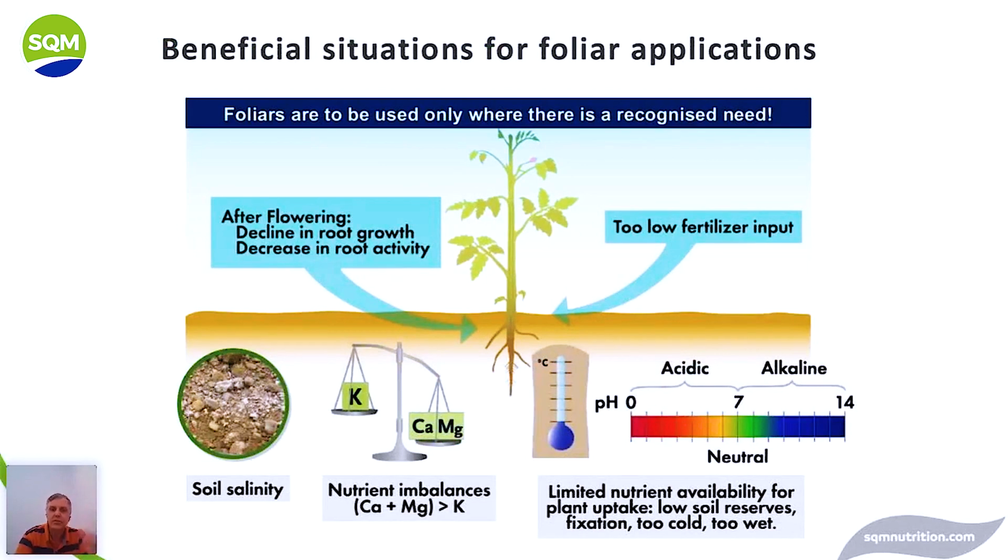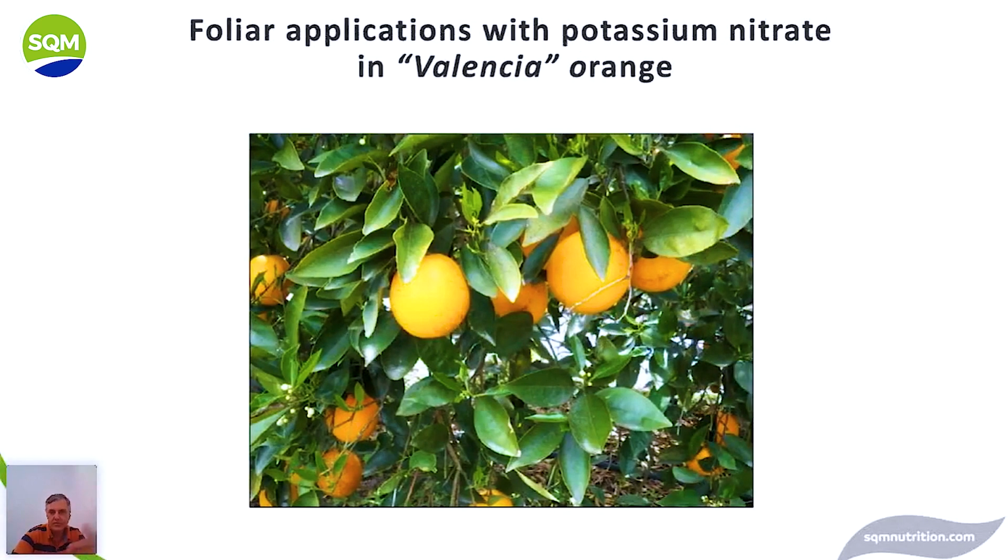Here are some beneficial situations for foliar applications that you can do. Sometimes if you have a limit in your root system's nutrient uptake, foliar applications can also help or supply part of this demand if you have some limitation in your root system or in the uptake of nutrients from the root system. So just some practical examples that you can do